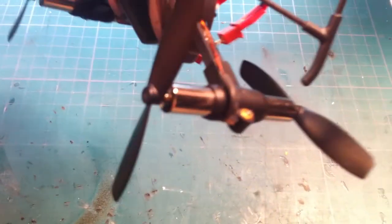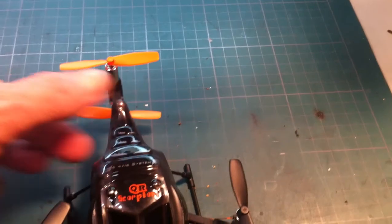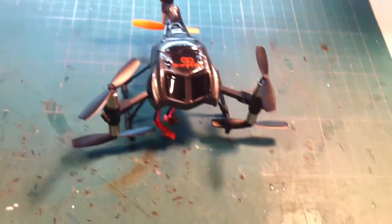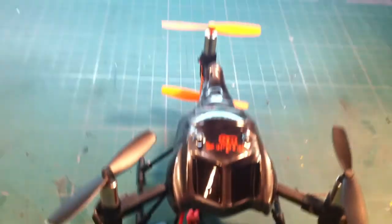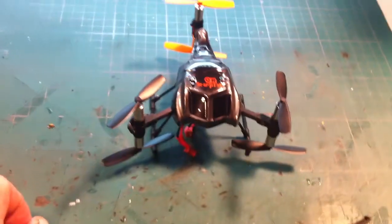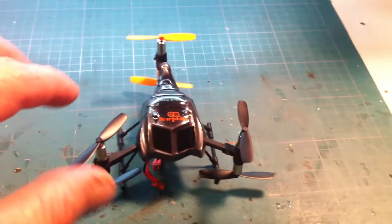And also I added little LED lights, 2 blue ones at the front and 1 red one at the back. But that only takes a few minutes to do. So I got the little lights on there, and then the Dean's plug, but that's it. Everything else is stock. I have tried it once or twice now, and I found that I had to reduce